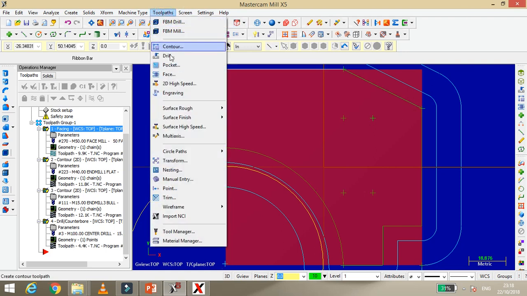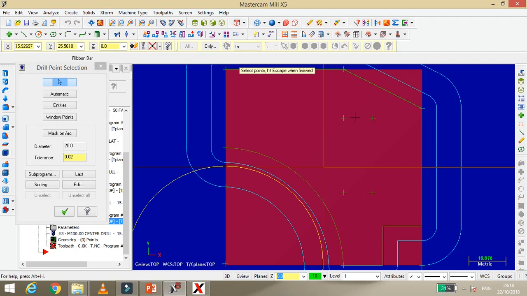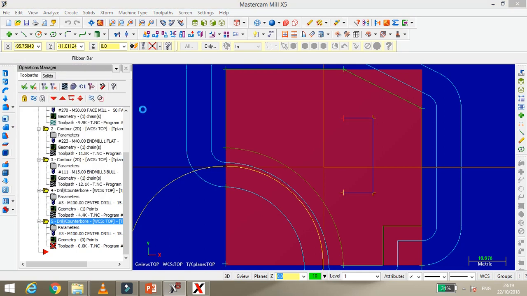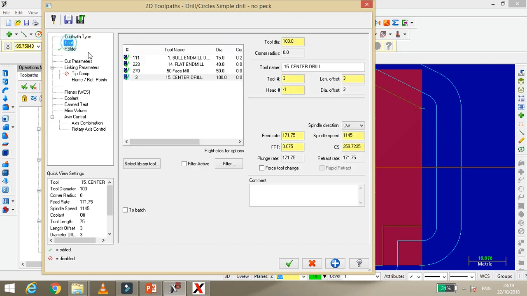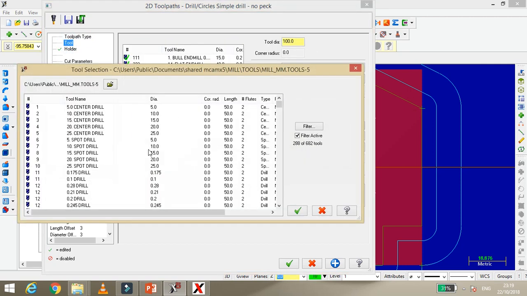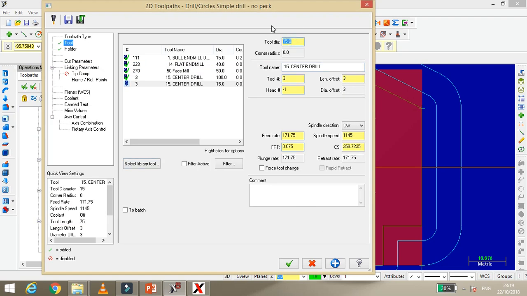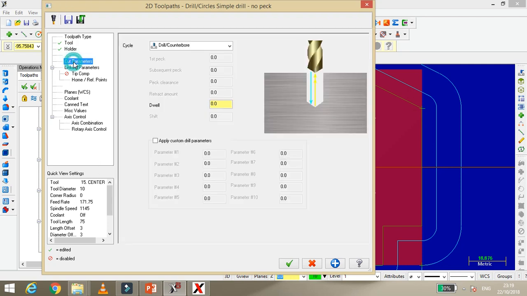One thing we forgot is that we have a drill here. So go to toolpath, just say drill and select the center. Just click on OK. Say drill. This is the tool. So a center drill is required, but what is the tool diameter? The tool diameter is 10, because I already mentioned that. Don't be bothered about that. Go to holder, check order, which we already selected, for the cut parameters.